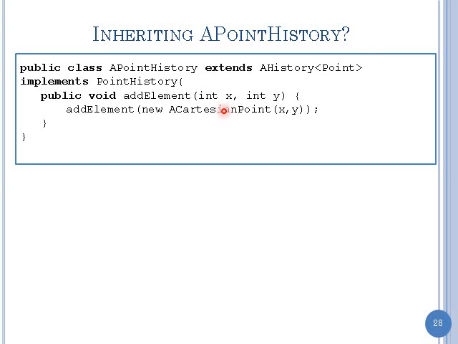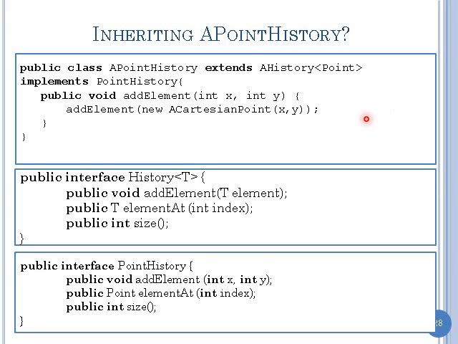Now, is there anything that went maybe wrong here? What methods, what interface does a point history implement? It implements point history. If you don't have point history extending history in brackets point, you're missing the add element that you get from a history point of adding the element of Point, an object. Okay. So